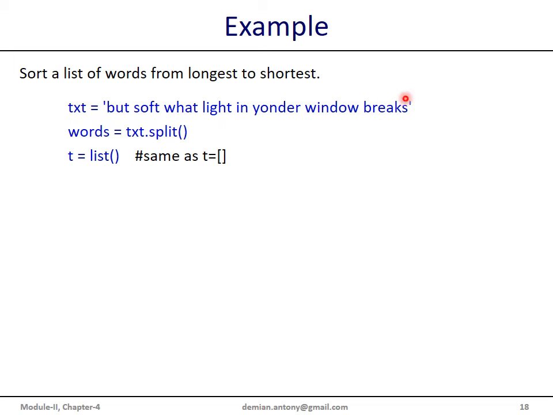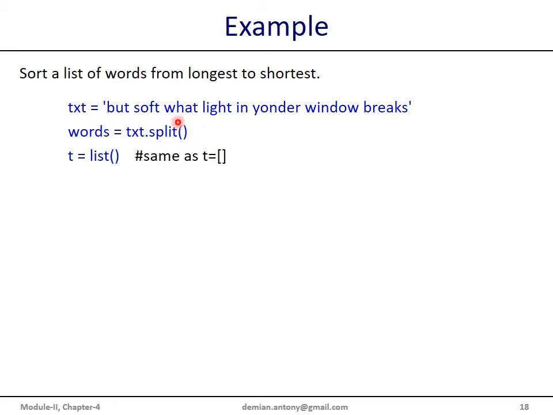First we read the line of text. Make sure that we have only words in that, no punctuation, as we are not dealing with special characters like punctuation. We use the string function called split. We are going to see this function in our subsequent chapters. This split function splits the line of text or a string based on the delimiter that is supplied as an argument. And here we have not given any delimiter. By default it is a space.